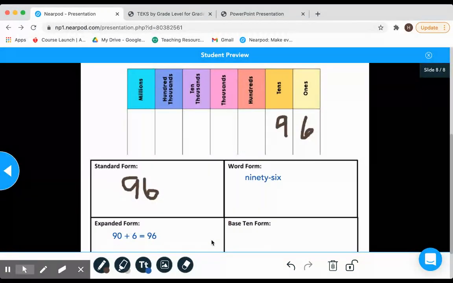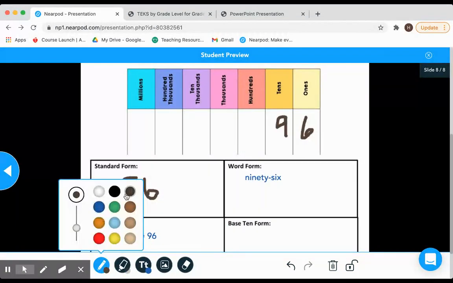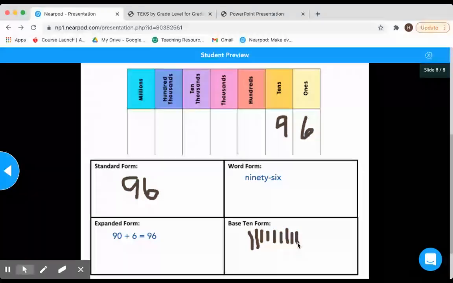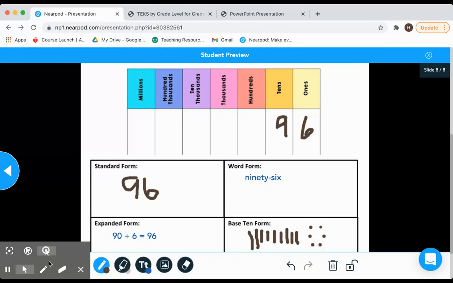And last but not least is our base 10 form. We have how many rods? 9. 1, 2, 3, 4, 5, 6, 7, 8, 9, and 6 ones. 1, 2, 3, 4, 5, 6. On the next slide, you are going to match the form to its